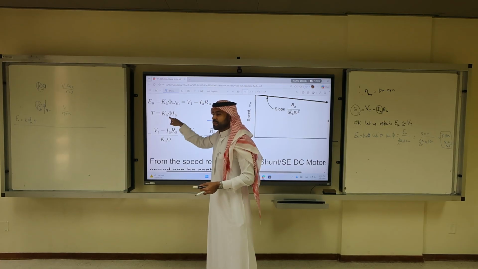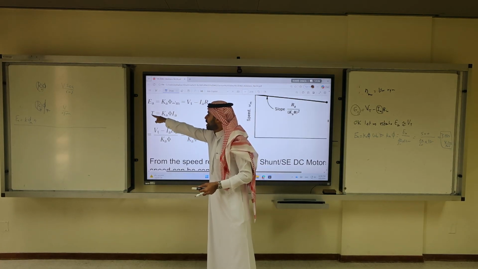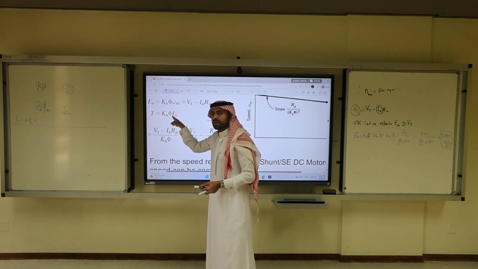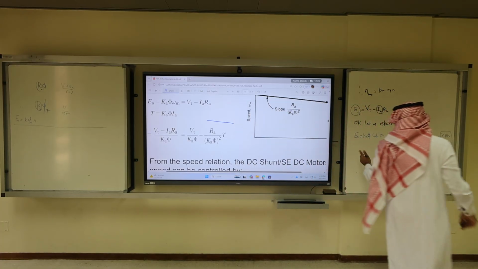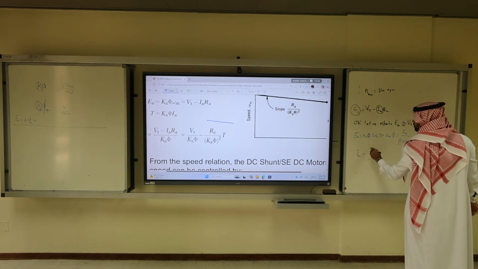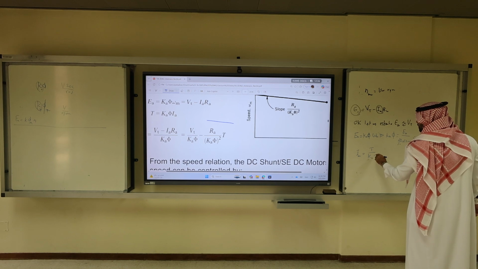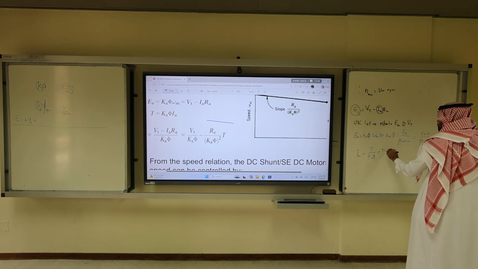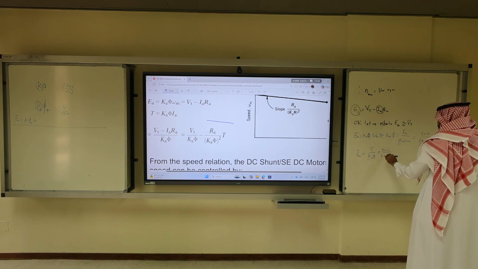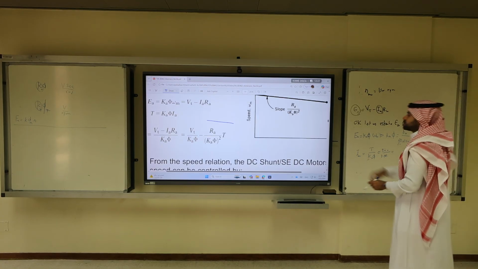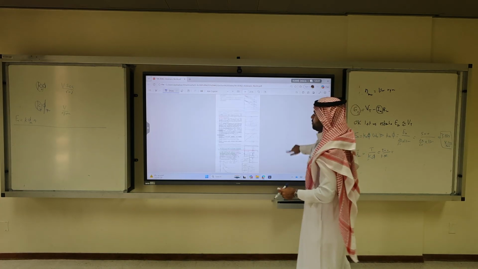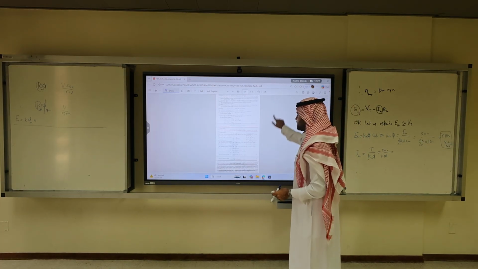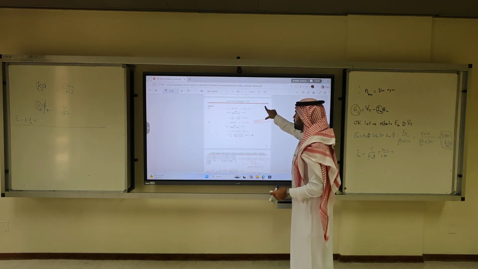This constant is estimated, so I can use it with the torque. 300 over this constant will give me Ia. So Ia is torque over Ka times the flux, in volt seconds over radians. And you should find for example 6 to be